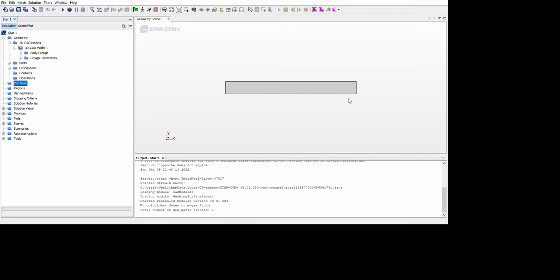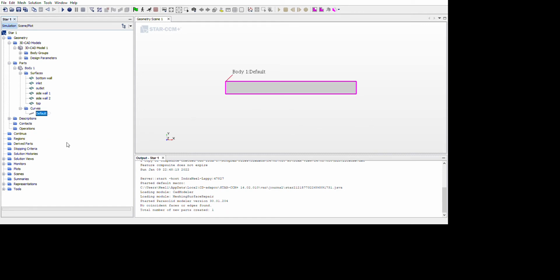So now we are following 2D based meshing. When you look into the guide of StarCCM for 2D based meshing, you need to go into the operations, and you need to first batch for 2D meshing. Or I'll show you over here. If you go into your parts, surfaces, everything is treated as a surface. And if you go to curves, this is a default curve. The whole body is a default curve, and out of the curve the surfaces are extracted and you name them according to your geometry and the physics values.